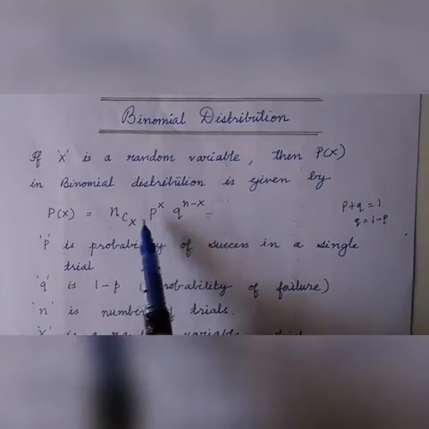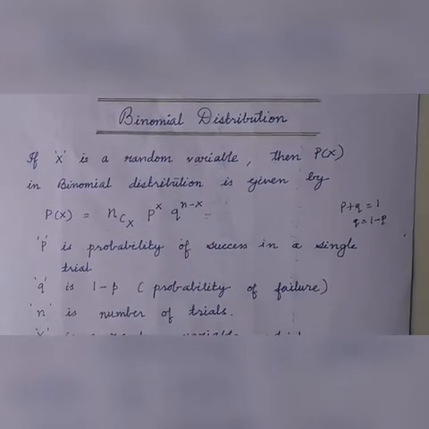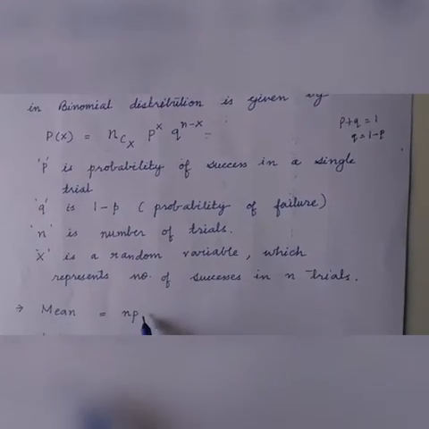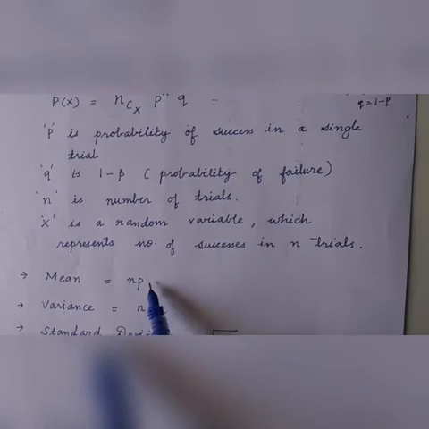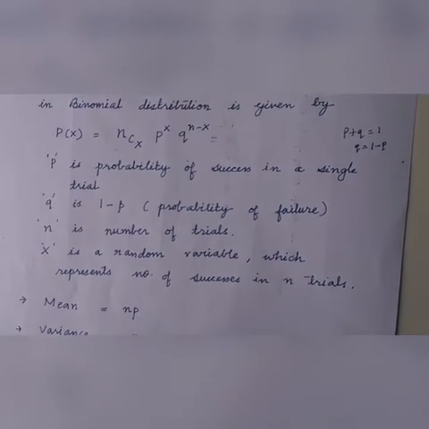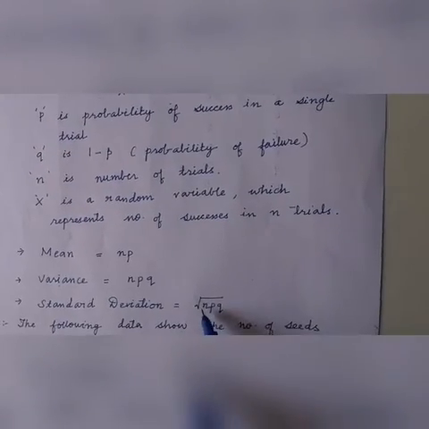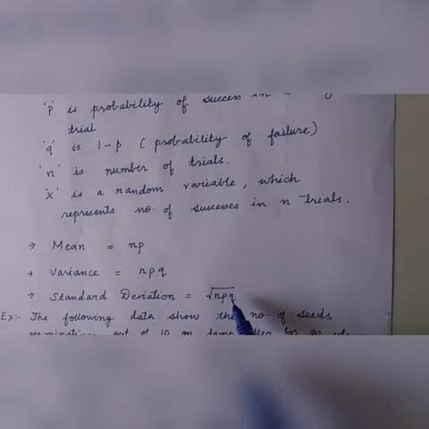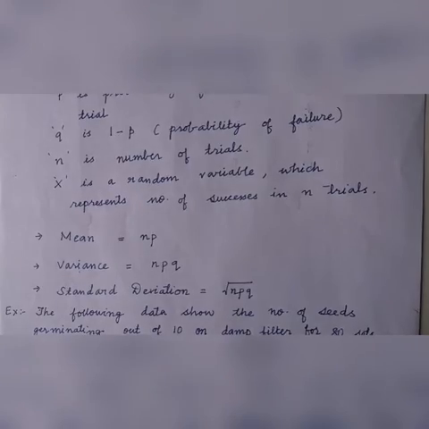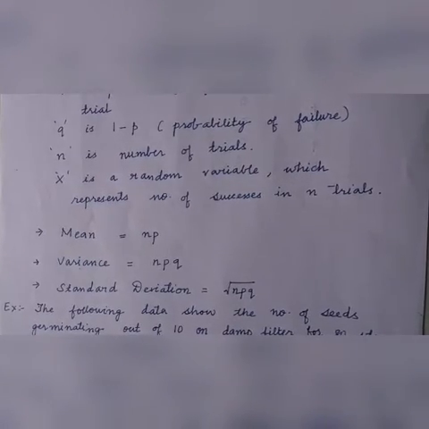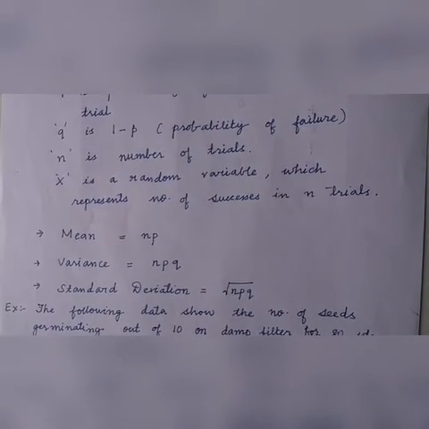Now if you have n and p, we can multiply these two terms to get the mean of a data set. Then n into p into q will give the variance, and standard deviation is given by the square root of npq. Okay, now let us see an example for binomial distribution and see how we can fit a binomial distribution